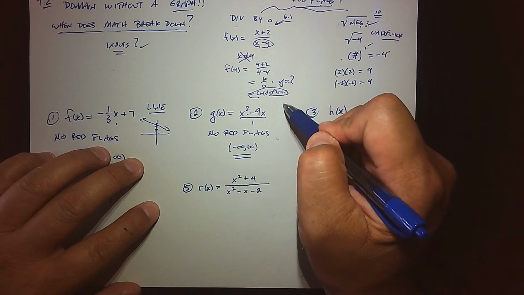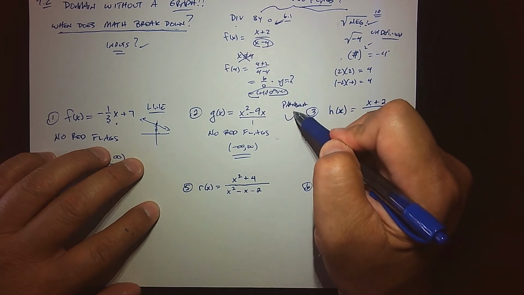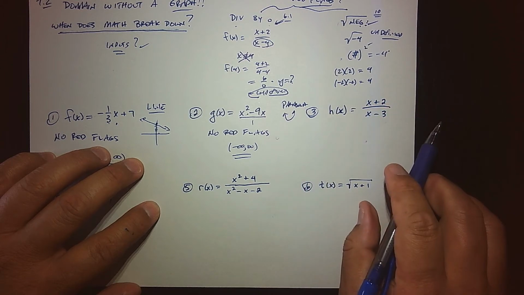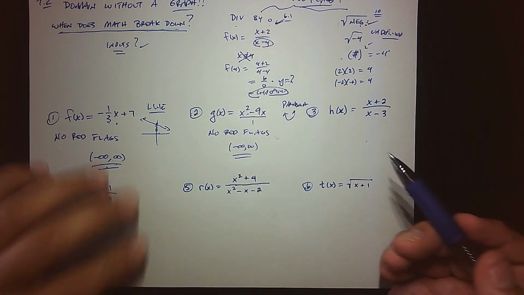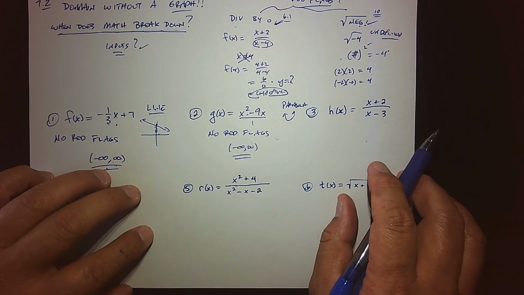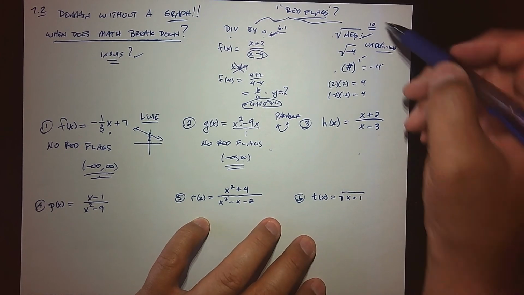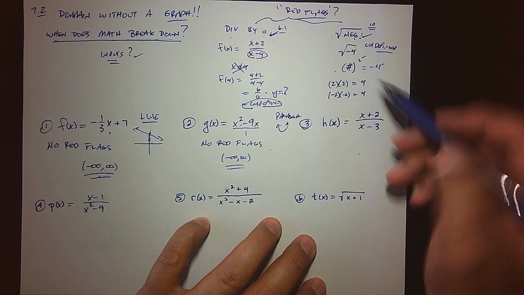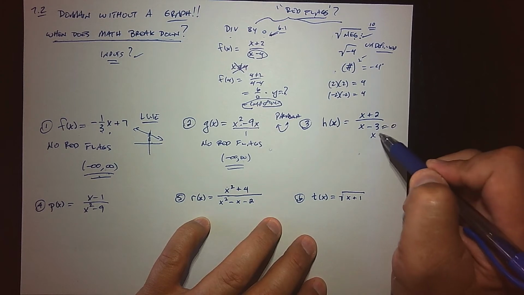By the way, if we did look at a graph, we know the graph's going to be a parabola, and those usually are a U-shape. That's defined for everything. So again, the picture supports what I'm trying to say algebraically. No red flags, strong function. H of x, well, we got a problem, right? Right away, I can see that there is a potential for division by 0. I think just by inspection,